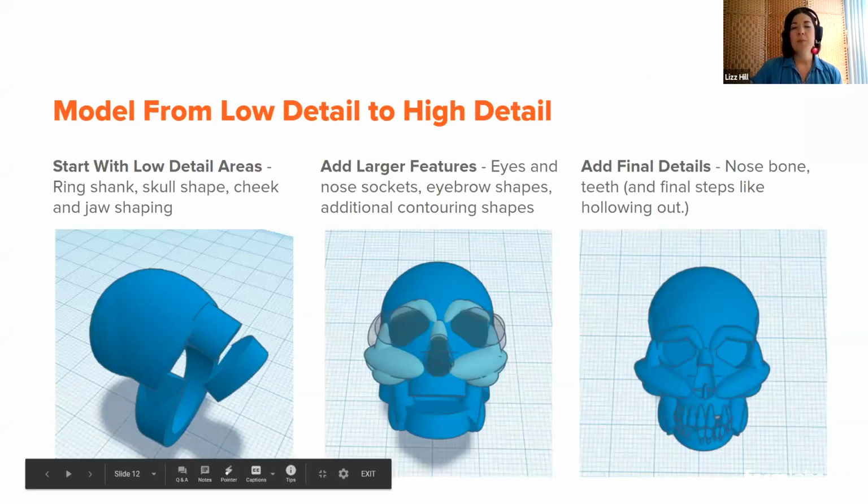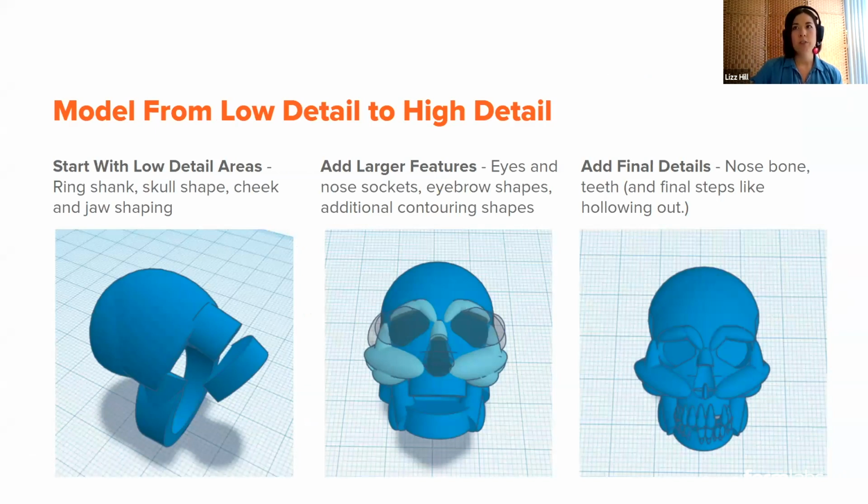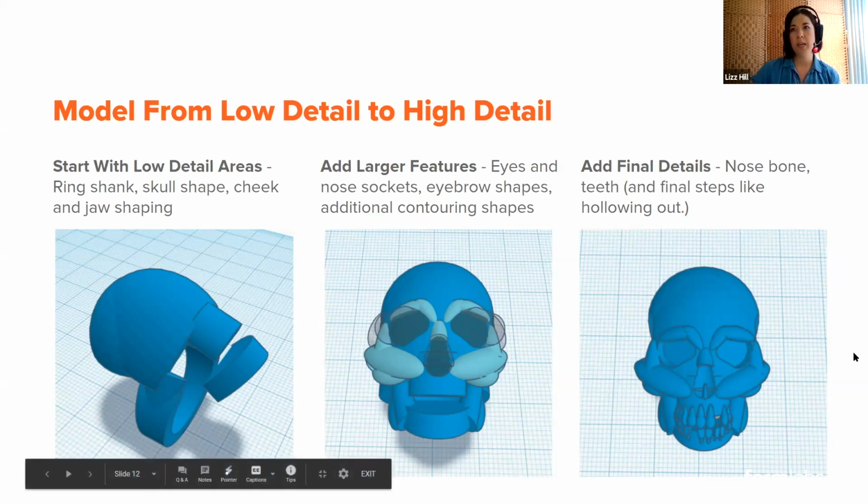And then this is something, again, very universal. You can apply this basic concept to all 3D modeling softwares that you learn throughout your career. And that is, make your model from low detail to high detail. So start with the largest volume. So in the example of the skull ring, which is the image that you saw on screen when you first joined,